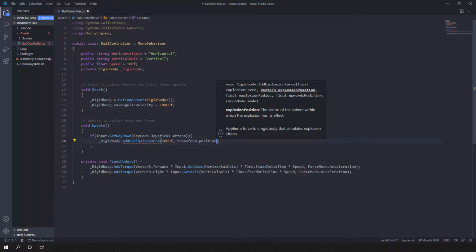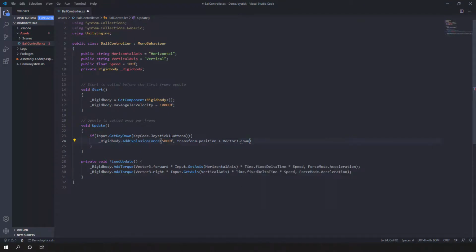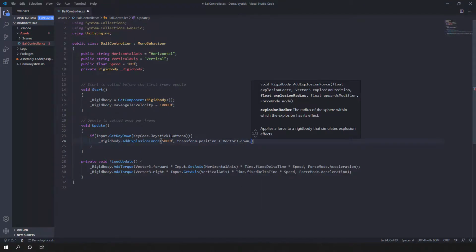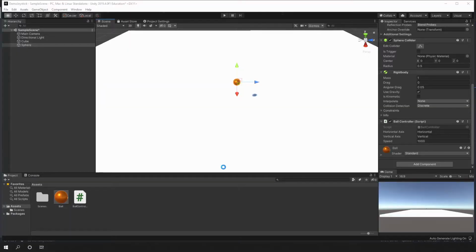So I have to put it a little bit below, so I can have plus vector 3 down, whatever you feel that it's better. The radius that I want to affect, let's say an F, and right there, this one should be enough. And if we go right back,